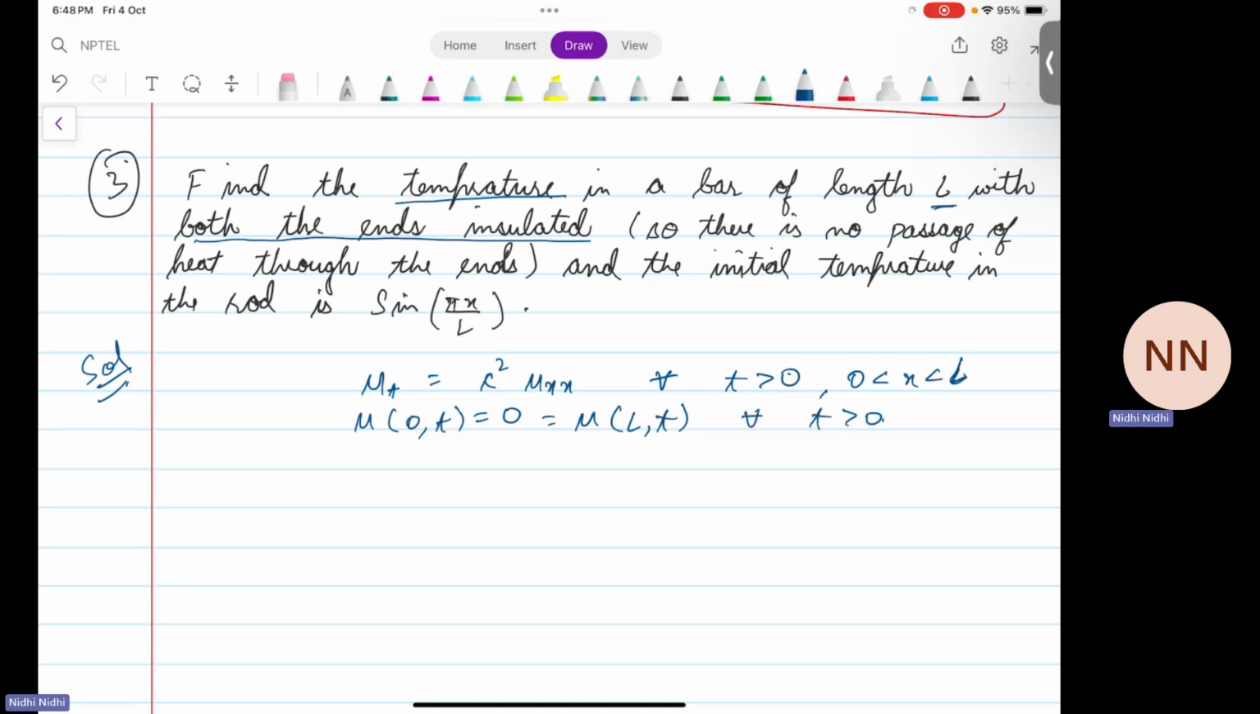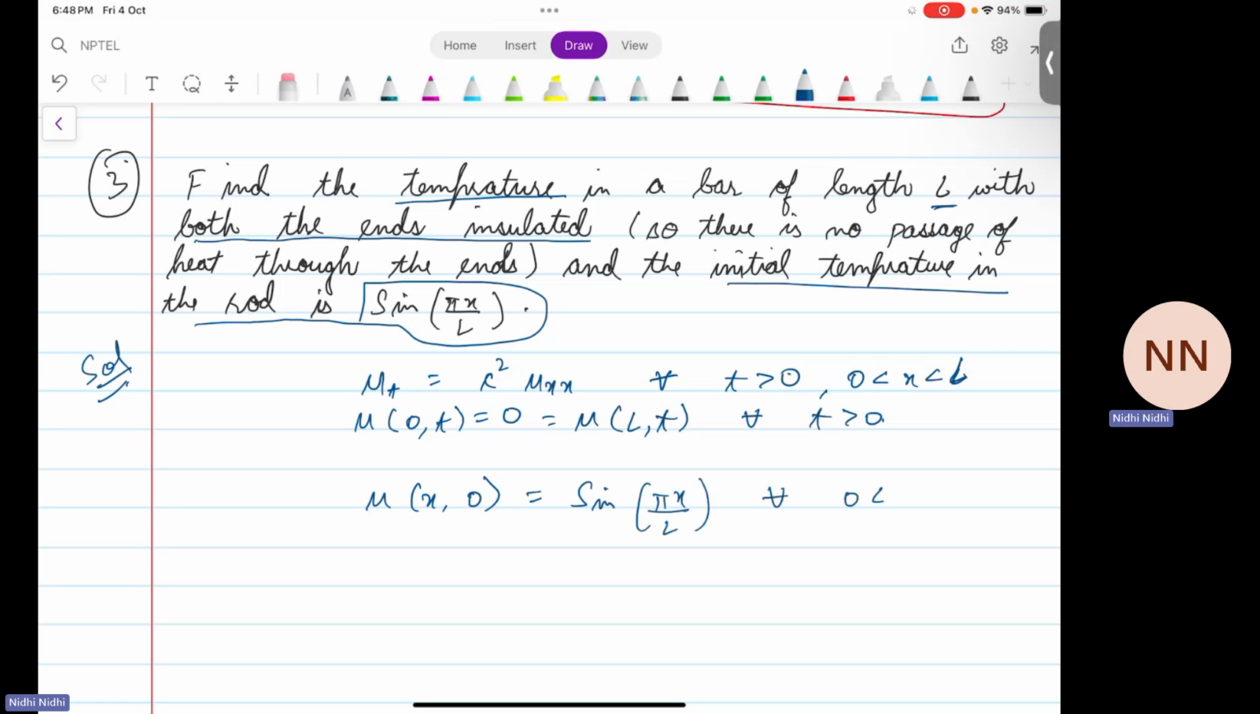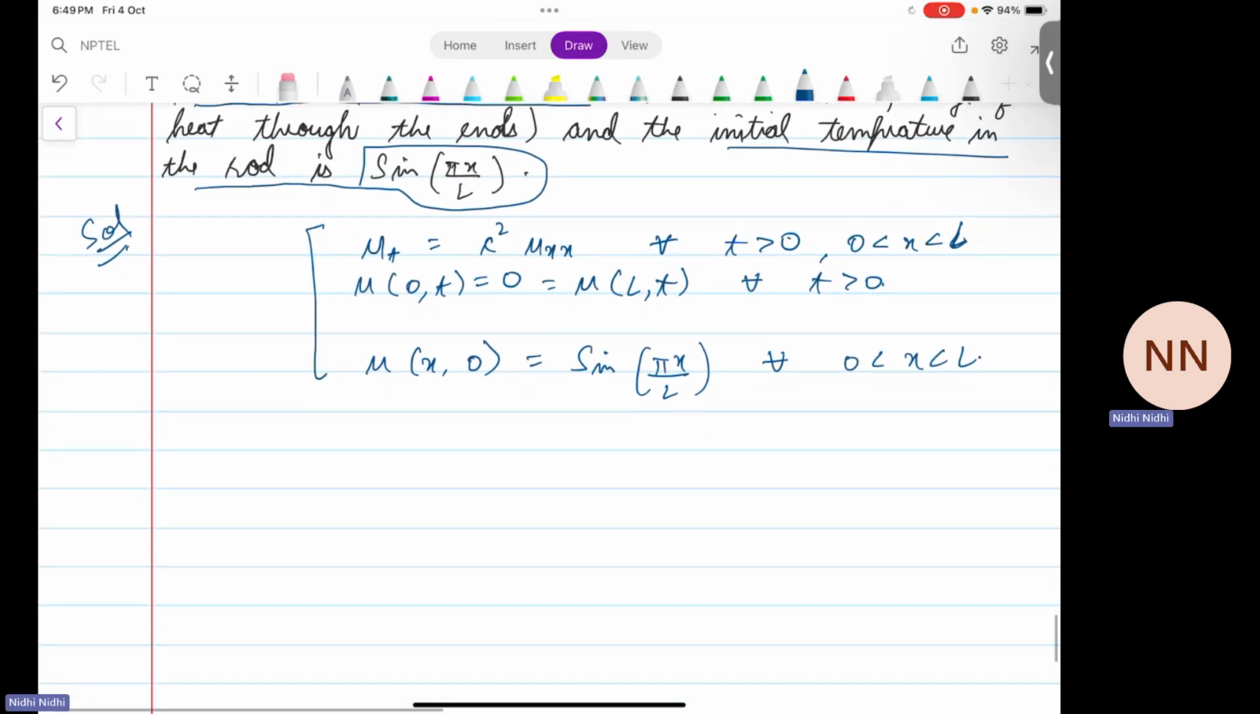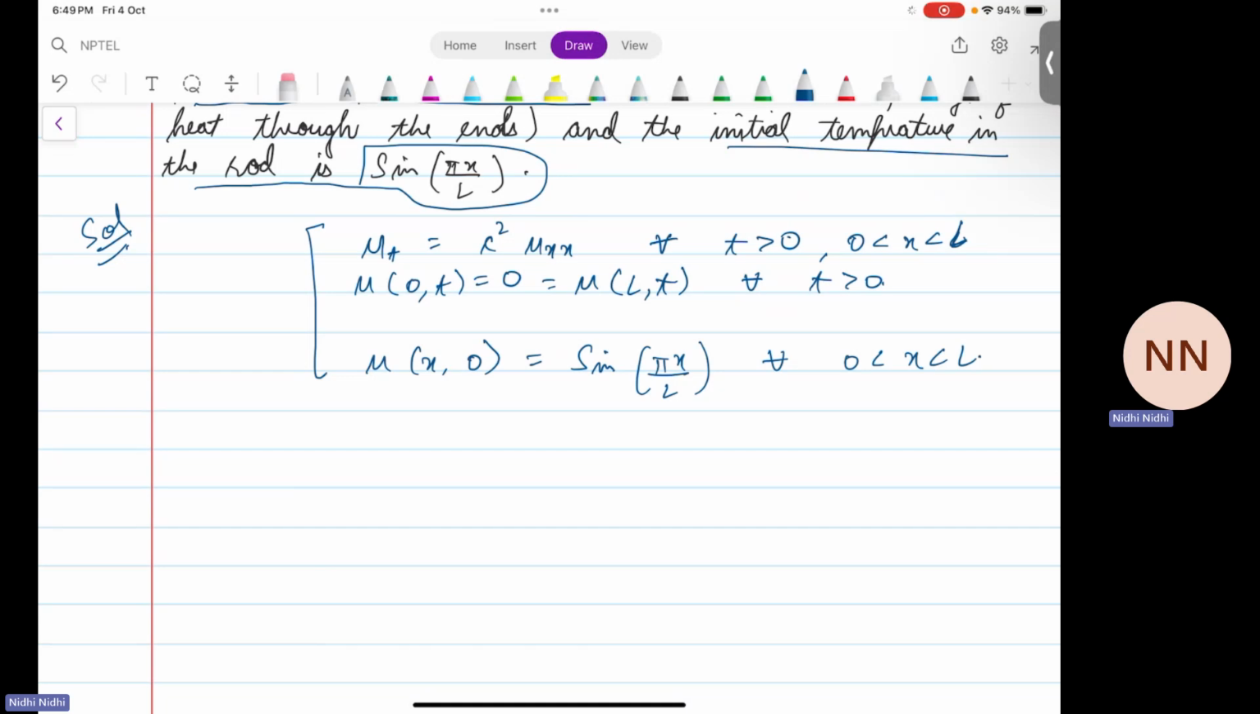Then we are given that the initial temperature in the rod at point x is given by this function sine pi x by L. That means u x 0 is equal to sine pi x by L for every 0 less than x less than L. So now we are in the setup as we have done earlier. So again, I would like you to solve this first. It will be exactly similar to the previous question number 2. And I want you to do all the steps and reach up to the point where we get